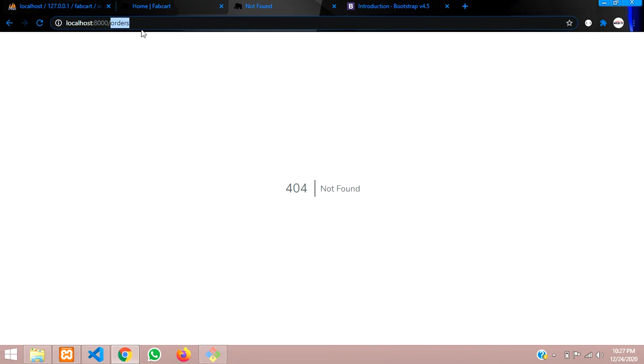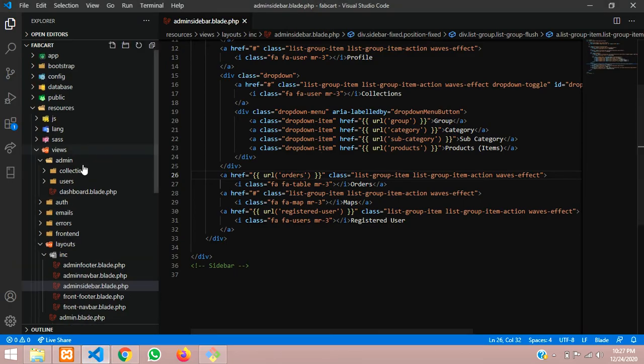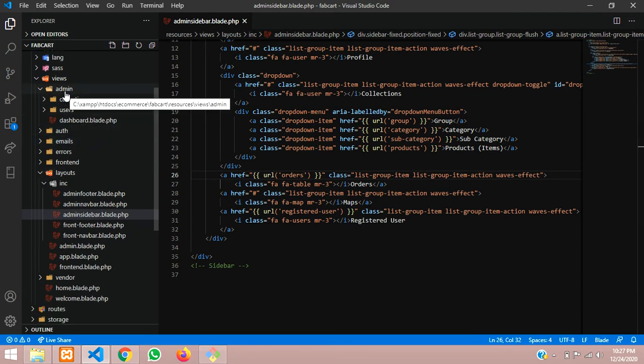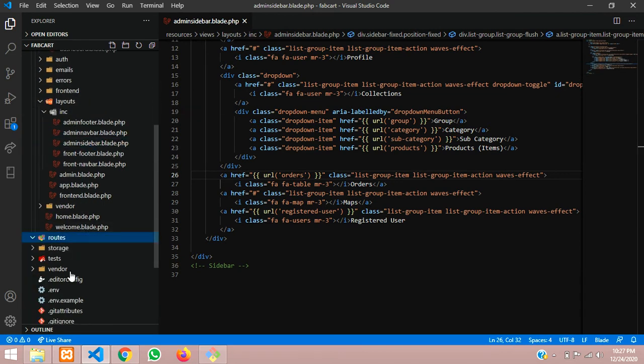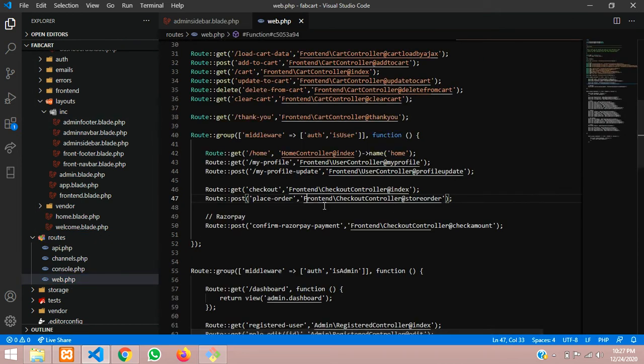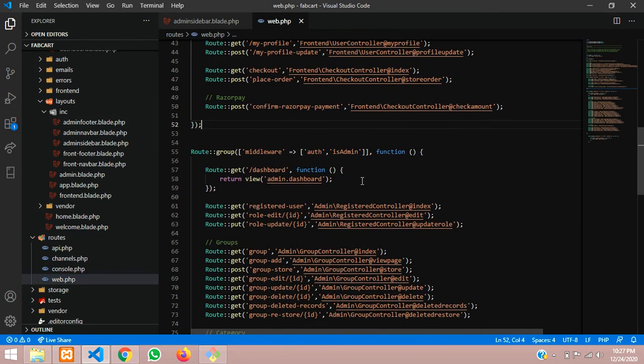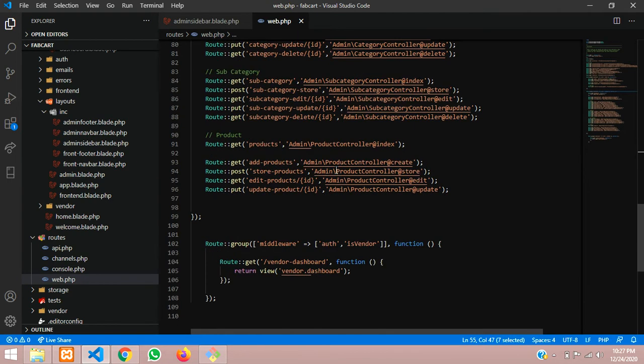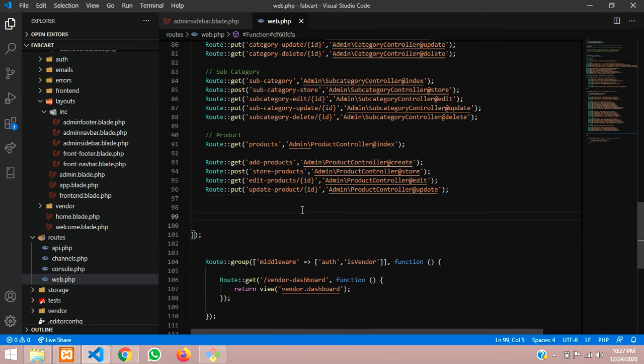Now let's create a route and create a page for it. As simple. The next step is we will go to routes web.php. We are in an authenticated admin user, so insert it in your admin route group. Let us move down and add this over here.